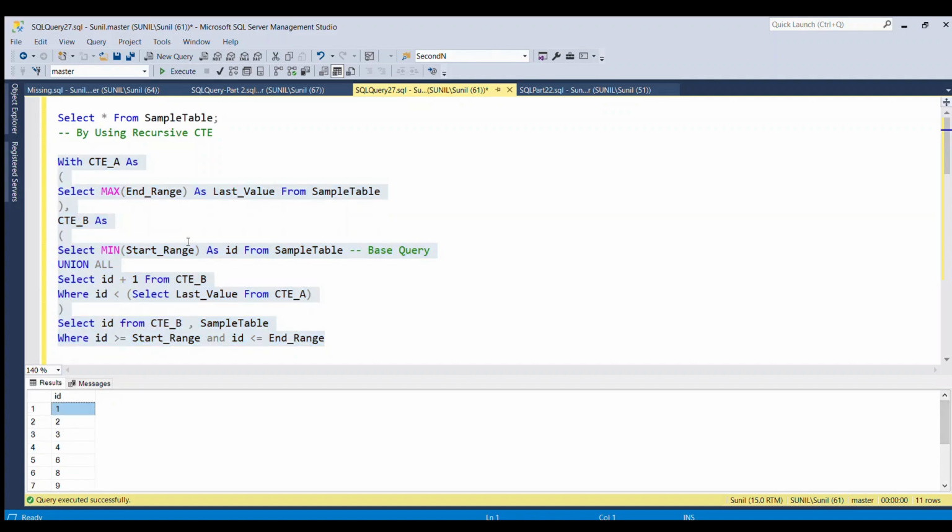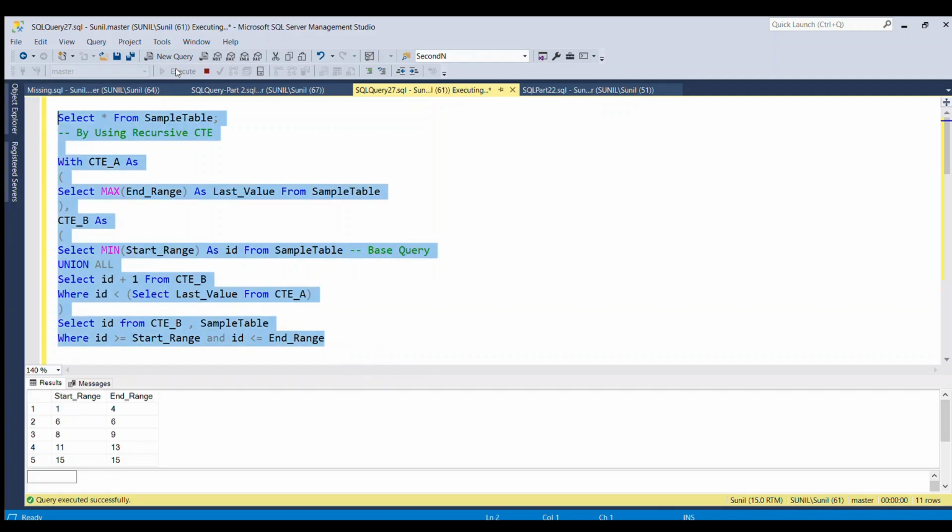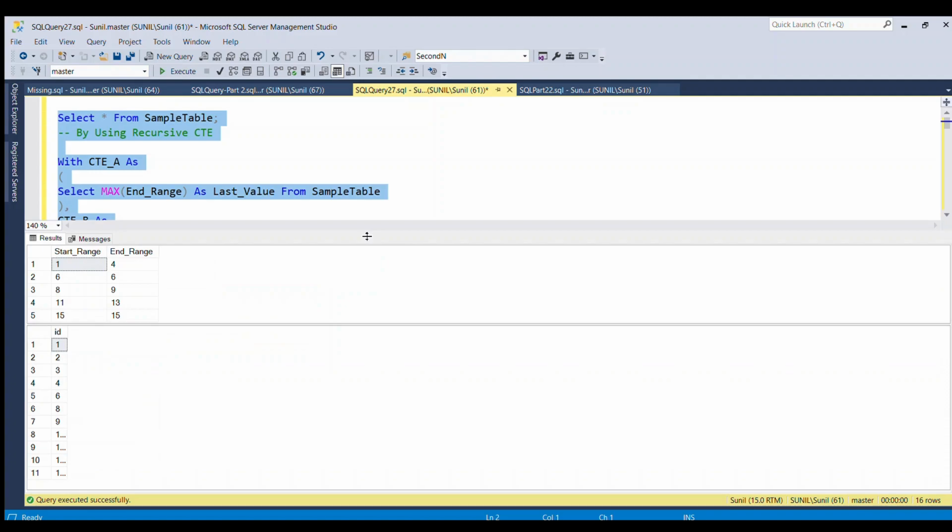Let's verify with our input table. I'm going to run both the input table and our output table. Let me pull it above. For the first row, the start range was 1 and the end range was 4, so you can see in the output table we have the sequence 1, 2, 3 and 4. For the second row, we have only 6, which is coming in the fifth row.